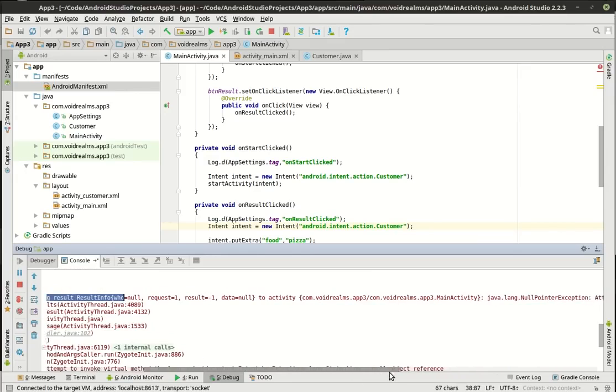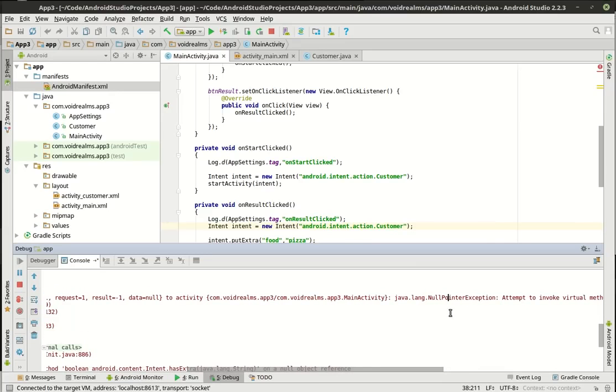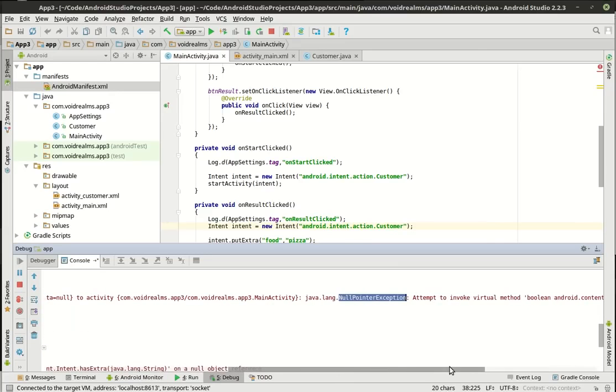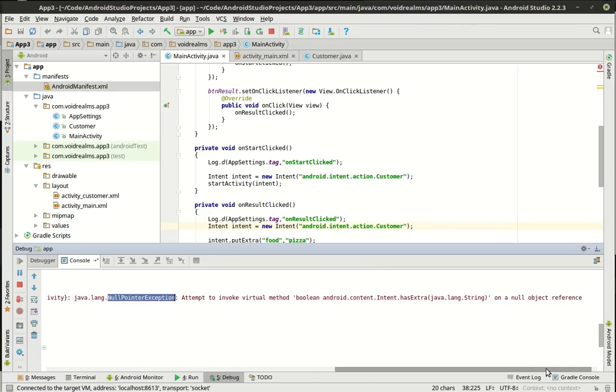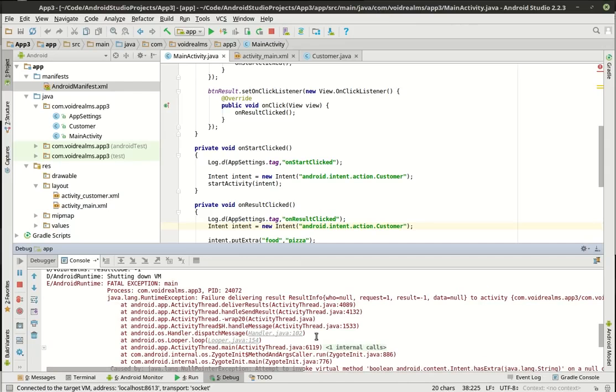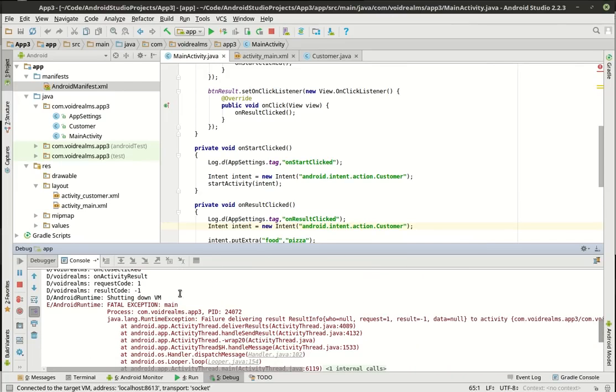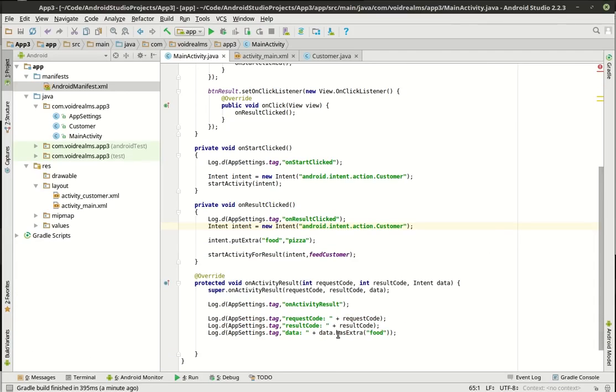But why? What happened? NullPointerException. Attempt to invoke virtual method, blah, blah, blah, on a null object. And then it gives us the line and everything on where it happened. You just kind of got to follow it through. That's why it's called a stack trace. What's happening here is our intent is null. So we're going to say if